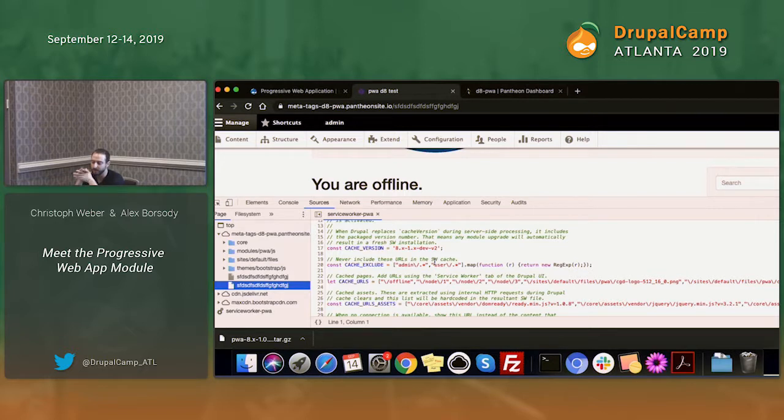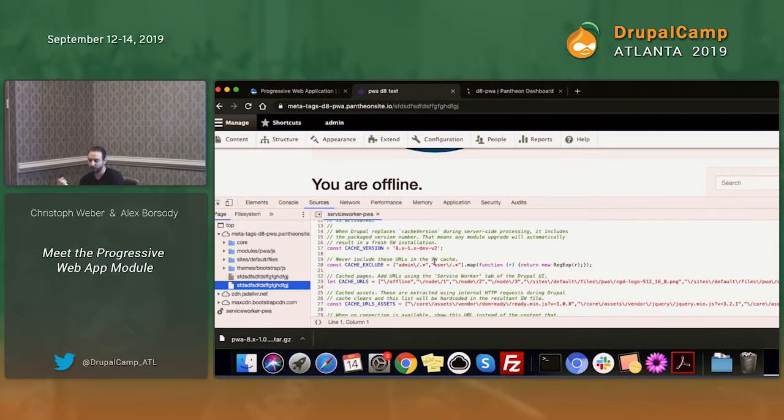The caching strategy, in particular, is pre-caching the assets. We talked about with Workbox, we use what's called a pre-cache manifest, which is basically a list of all assets. Manifest has nothing to do with the manifest JSON, it's just there to confuse you. But it's just a list of assets, which we're getting